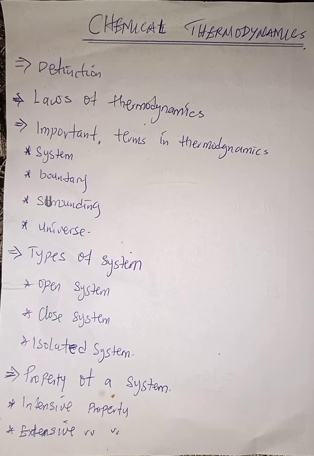Now, we have some limitations of thermodynamics, like the inability to tell whether a reaction will be fast or slow. Thermochemistry is a branch of thermodynamics that deals with heat involved in chemical reactions. The laws that govern thermodynamics are the first law, the second law, the third law, and the zeroth